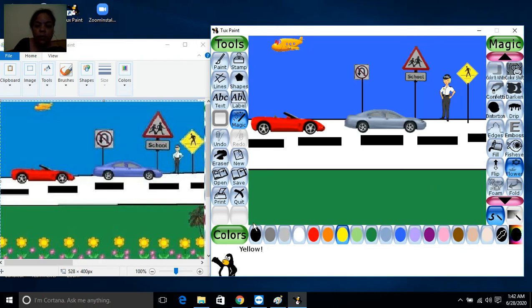Now we have to draw the flowers. How many flowers are there? 1, 2, 3, 4, 5, 6, 7, 8, 9, 10.